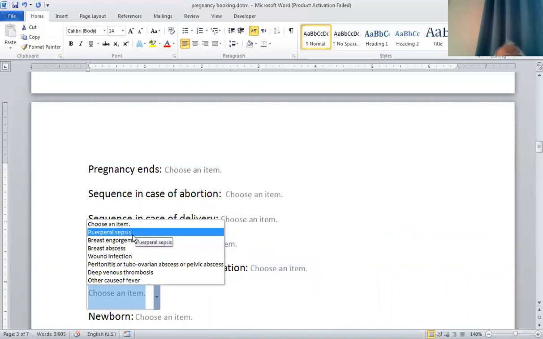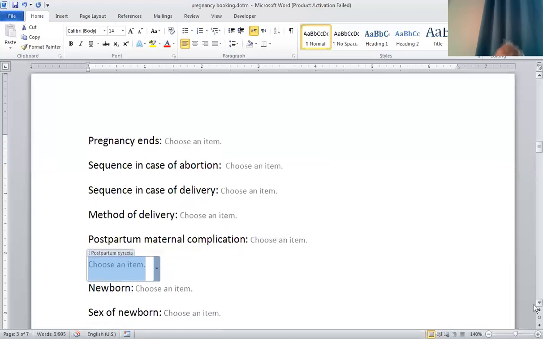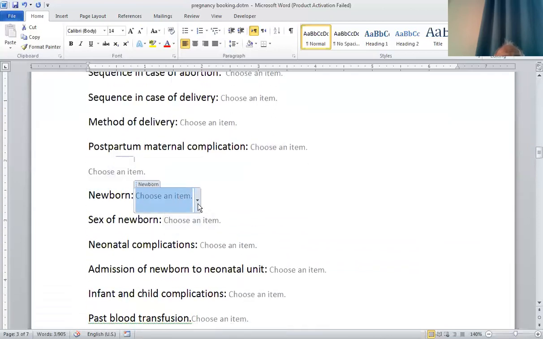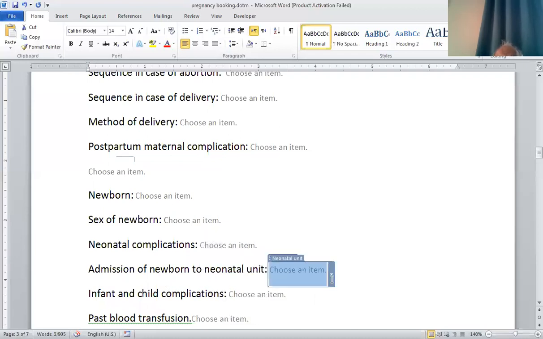If she has puerperal sepsis, breast engorgement, breast sepsis, wound infection, urinary tract infection or tubercular infection, leg thrombosis, or other causes for fever. And then we are going to mention the newborn complications. The baby will be delivered macerated or fresh stillbirth or living, or newborn with congenital fetal anomalies. And then we are going to mention neonatal complications: neonatal asphyxia, neonatal respiratory distress syndrome, neonatal jaundice, neonatal death or birth injuries. We are going to mention the